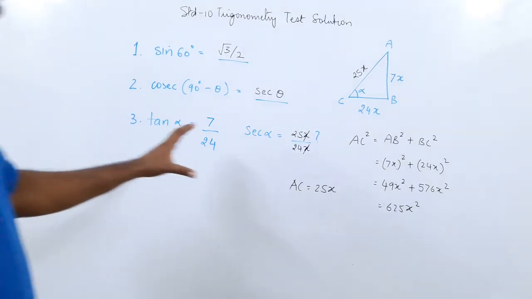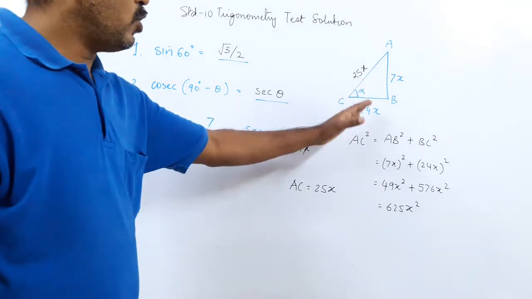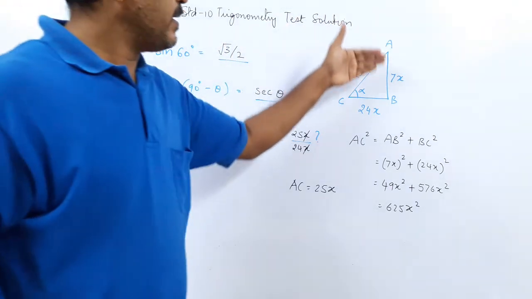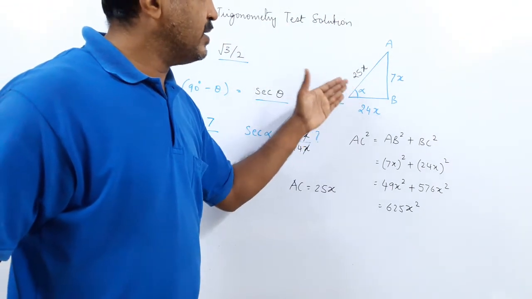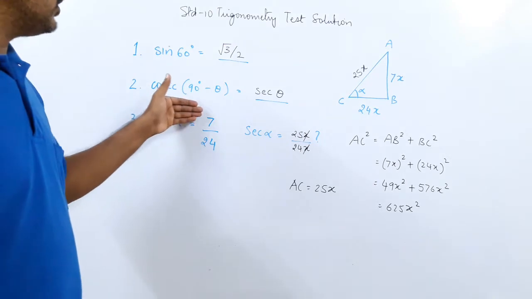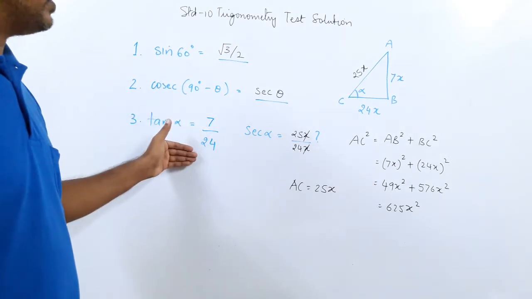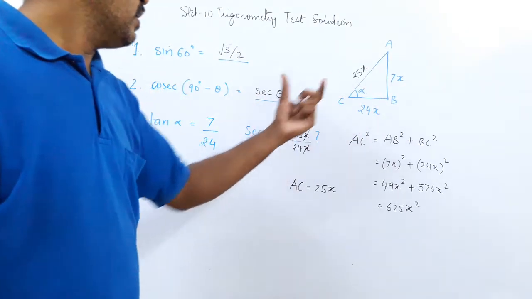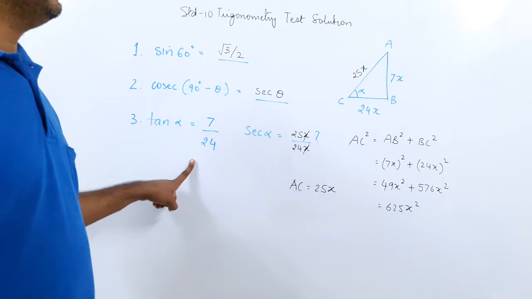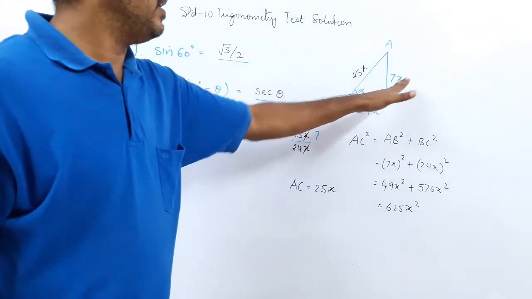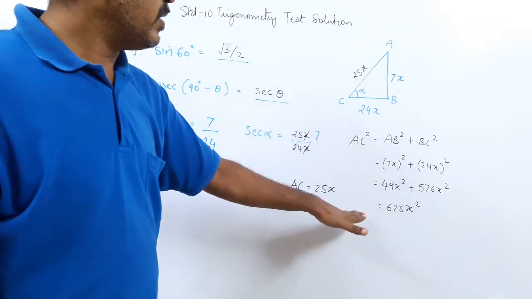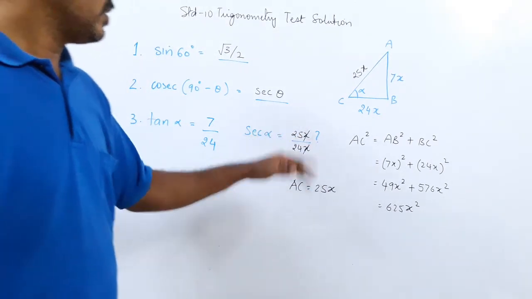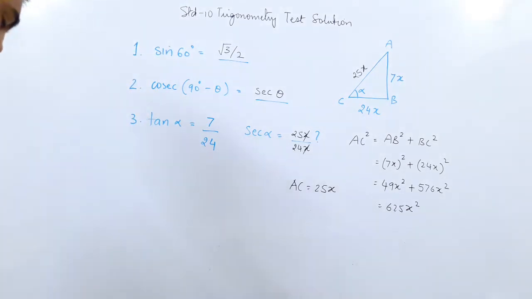Here, some of you have made a mistake. You have not taken the ratio in the proper manner. Again, you draw a right angle triangle and put an acute angle as alpha. Tan alpha is opposite upon adjacent, in the ratio 7:24. Remember, this side is not necessarily 7 and this side is not necessarily 24. It can be, but it is in the ratio 7:24. So you take this side 7x, this side 24x, you find the hypotenuse, that is 25x, and then whatever ratio is asked, you solve. This is method number 1.